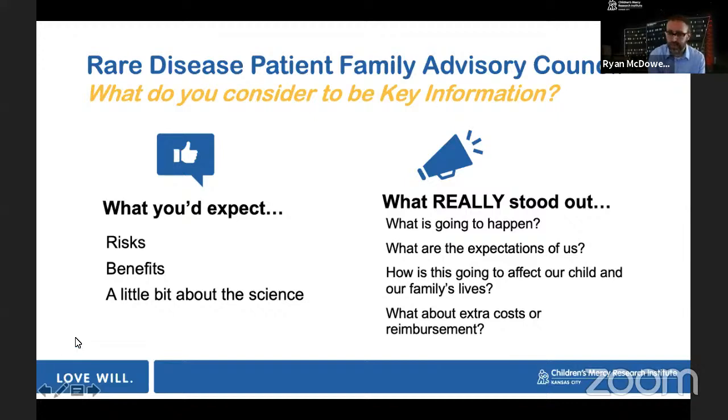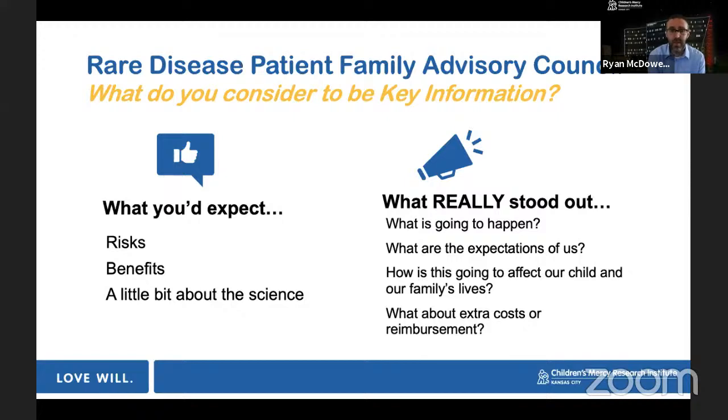And in talking with them, I was asking them about key information. I was explaining to them the new requirement and why it was being implemented, and wanted to get their feedback on how they felt about it and what should be included as that key information to help them choose what they might or might not want to participate in. A lot of the feedback was exactly what you'd expect. The risks, benefits, a little bit about the science. They weren't interested in knowing the full rationale, but they did want to know a little bit about the background